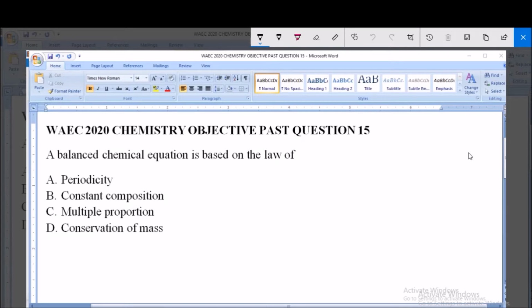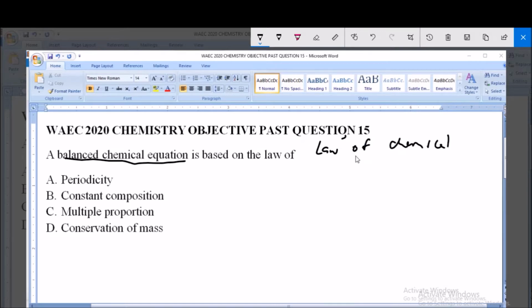A balanced chemical equation is based on the law of A. Periodicity, B. Constant composition, C. Multiple proportion, D. Conservation of mass. So, the concept of writing balanced chemical equation is based on a particular law of